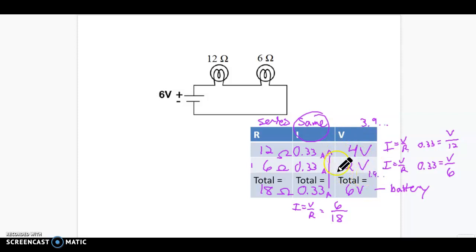But the other thing is that you want to check your answers here. Your answers should make sense, especially in this voltage column. So the total voltage is 6 volts, and the voltage drops should add up to that 6 volts, and they do. 4 plus 2 equals 6. If you ended up rounding it, it should come out to be really close. You're in the ballpark. But if you're way off, like you're only getting 2 and it should